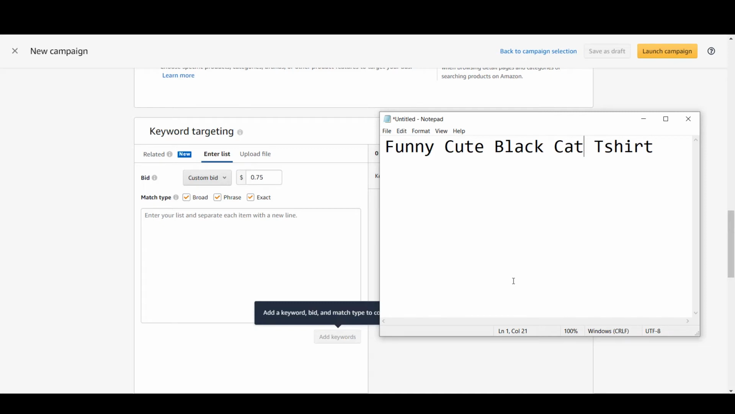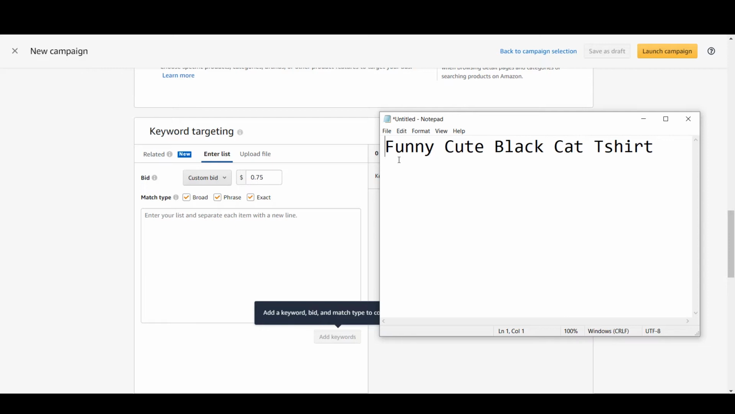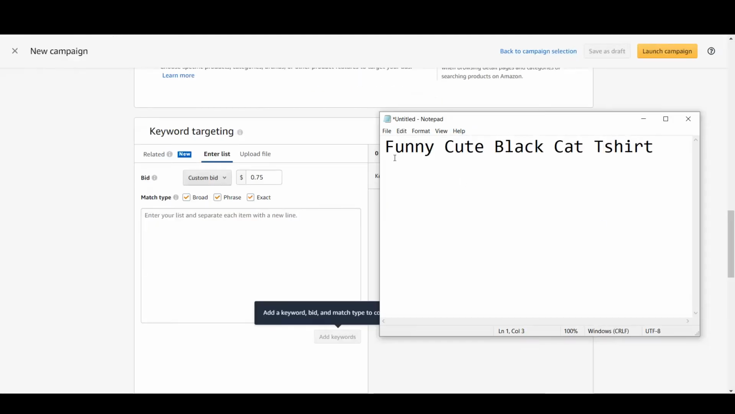But a little problem you need to keep in mind is that the customer has to include all of these 5 words in their search term. And if, for example, the customer searches for funny cute cat or funny cute black cat, and maybe they are searching for a hoodie, your products will not appear in that. For example, if you have this same design on a hoodie or maybe on a long sleeve t-shirt or sweatshirt, but the customer searches for funny cute black cat sweatshirt and you have not included that word sweatshirt